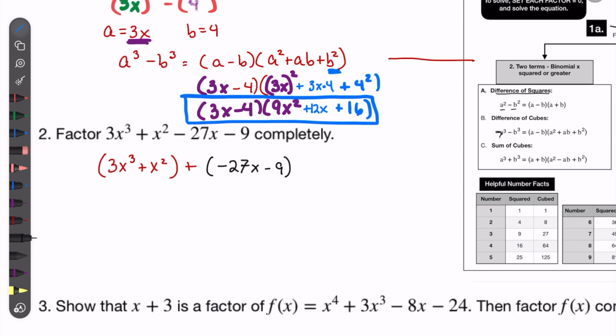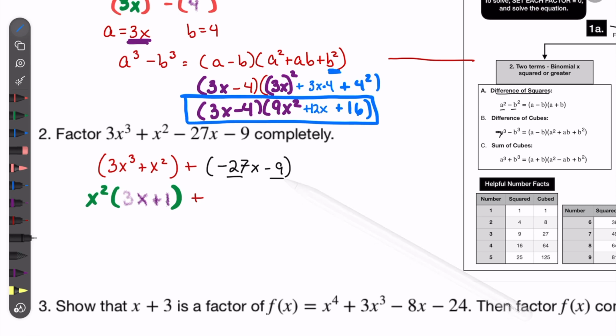Now I'm going to look for the greatest common factor within the group. So in this group, these 2 do have an x squared in common, so I'll take that out, leaving me with a 3x plus 1. Notice I do check this to make sure. x squared times 3x is 3x cubed. x squared times 1 is x squared. Then comes my plus sign, and then I factor the second group here, and I've got